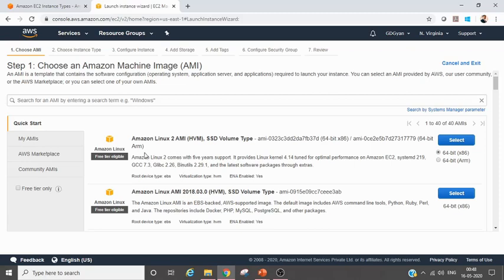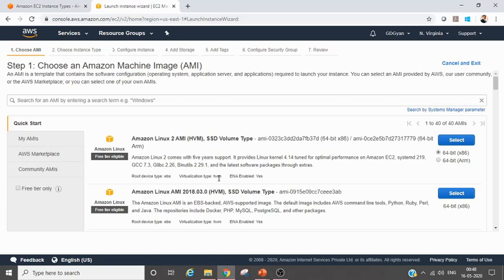You can see here free tier eligible, so that means I am logged into my free tier and I am eligible for that. One more thing, virtualization type HVM. Amazon has two types of virtualization. I'm going very slow here, but I'm speaking so fast, so let me take some water as well.